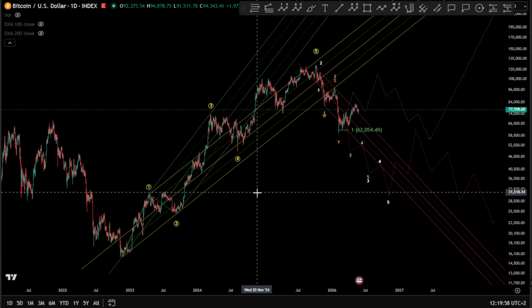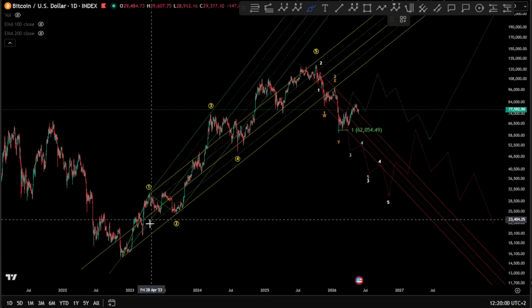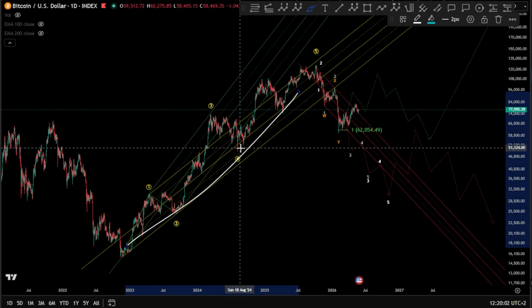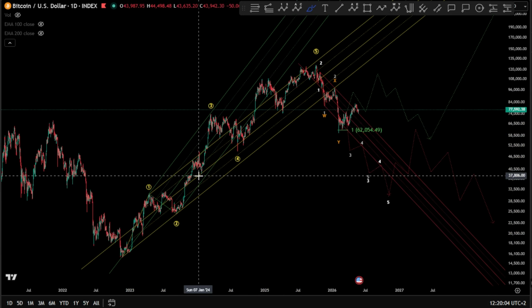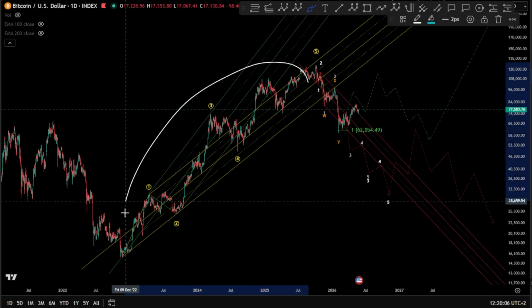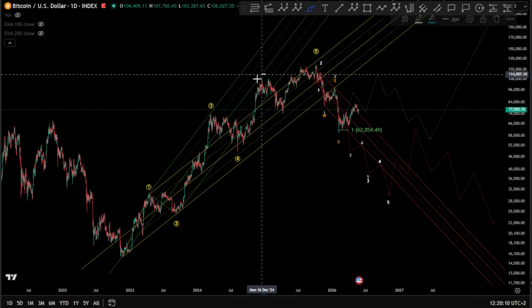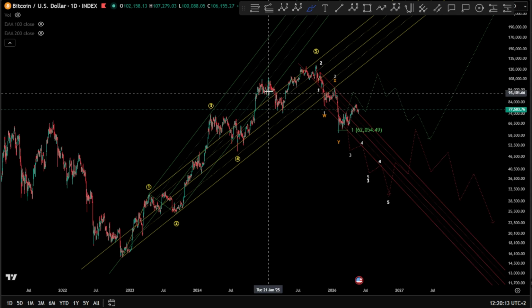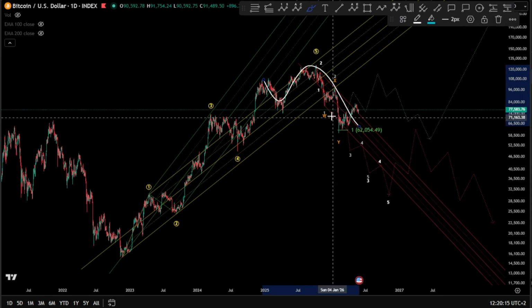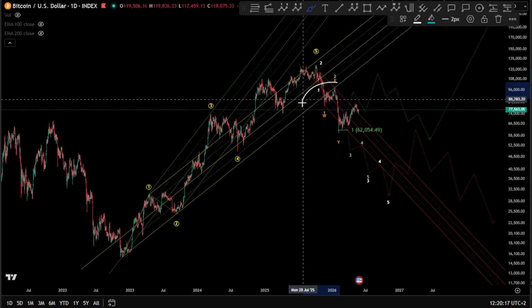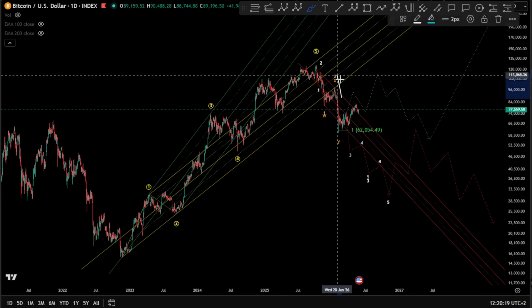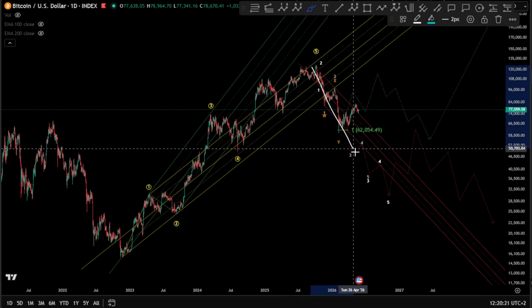And we're gonna start with Bitcoin here. So for Bitcoin, we are in the channel toward the upside. We are looking at the base channel and the acceleration channel taken from the previous bull run, where it finished obviously here with a wave 5 hitting around the middle line of the acceleration channel, and then starting to push toward the downside, exiting the base channel as a red flag signal